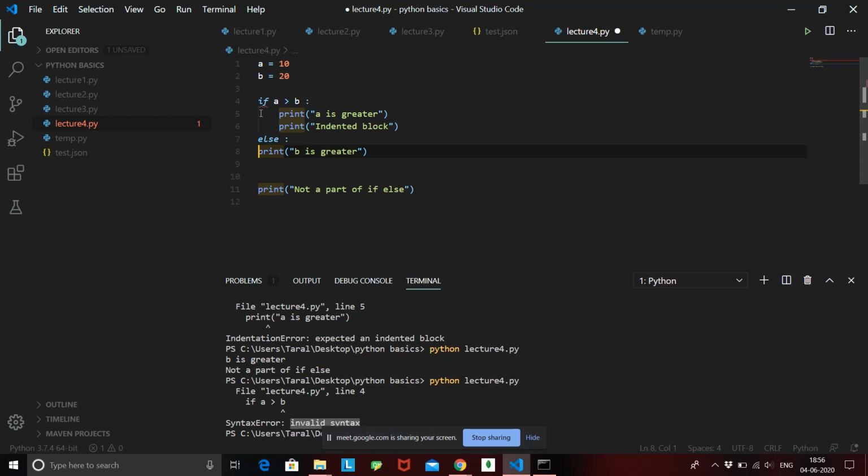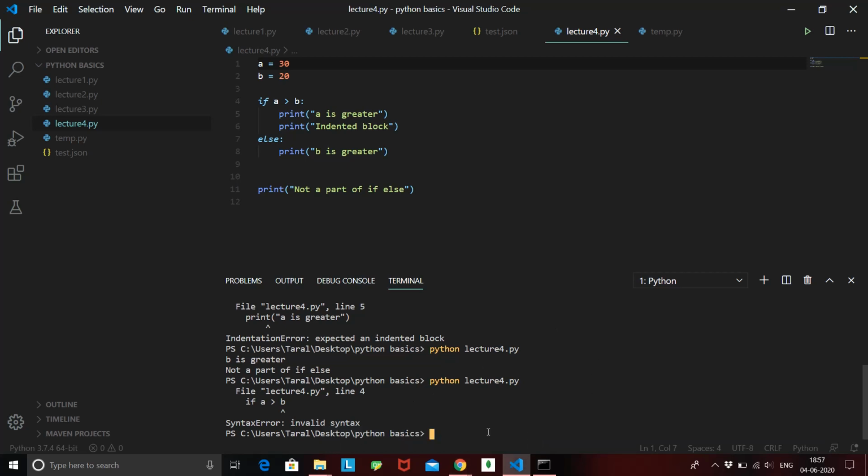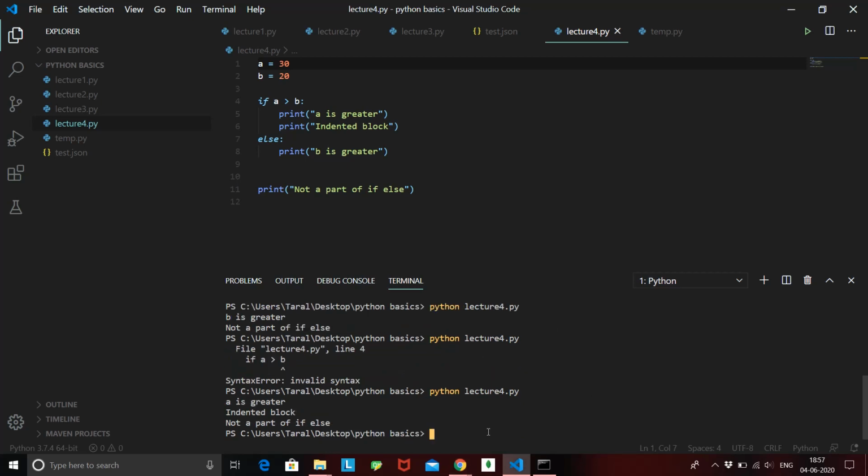Okay, and if I give tab again, now suppose we change the value of a to 30 just for now. Okay, and if we run again, okay, so now what we saw is we got the output as a is greater, and again we saw indented block. Now why is a is greater printed?